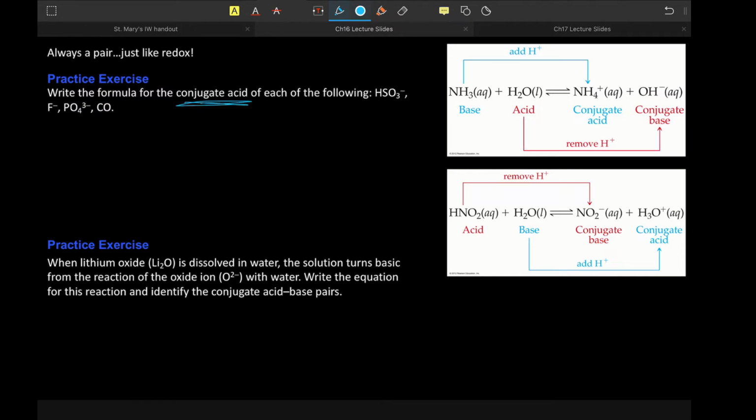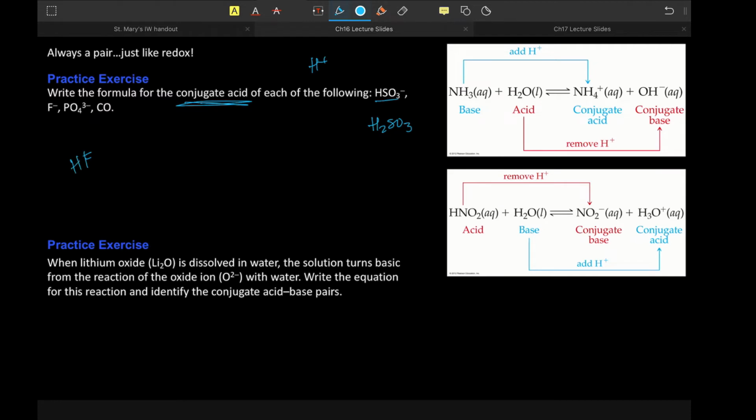And if we think about what it means to be the conjugate acid, what does that mean? Right, the conjugate acid is simply the protonated form of it. Yes, protonated form. And protons are H pluses. So if I add an H plus to that, I'm going to get H2SO3, and my charge is going to change to neutral, right? If I have an F minus and I add